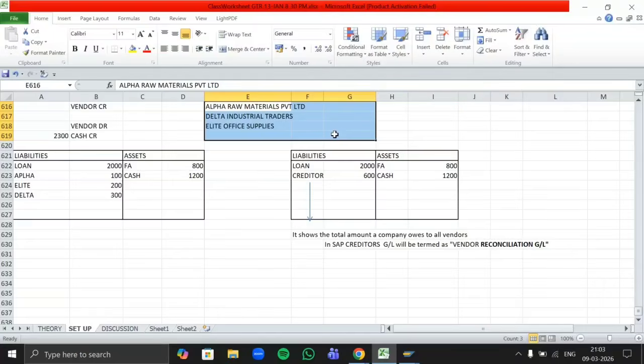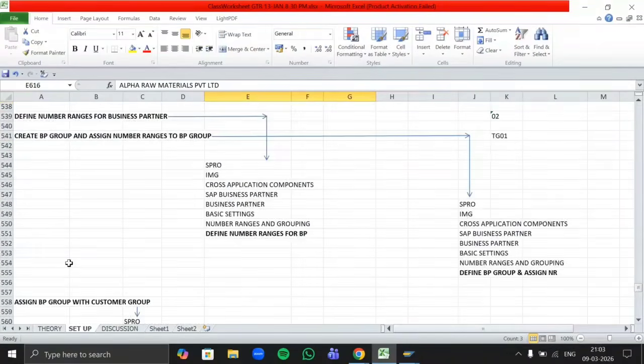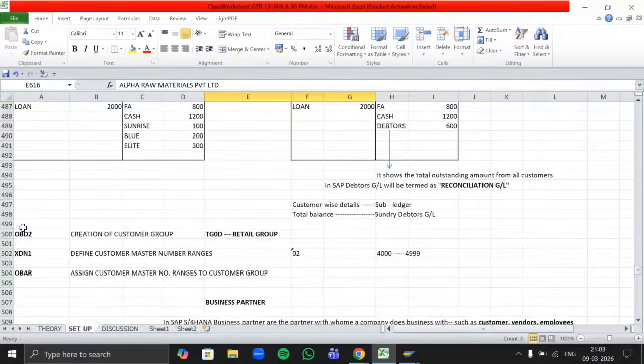Like let's say all our domestic vendors will be in one group, all our foreign vendors in another group, and all our one time vendors in a third group. So just to categorize similar kinds of vendors in a group, we create this vendor group. And to create your vendor group, the T code is OBD3.